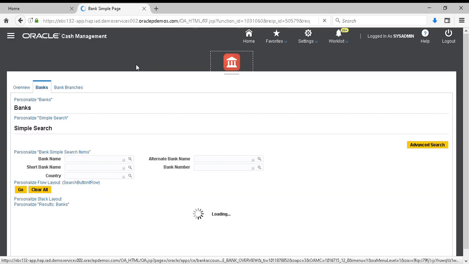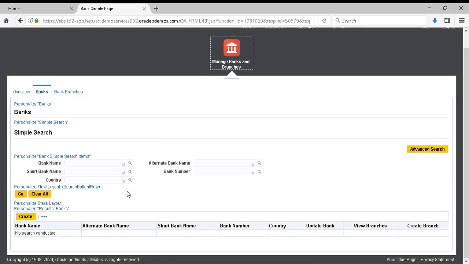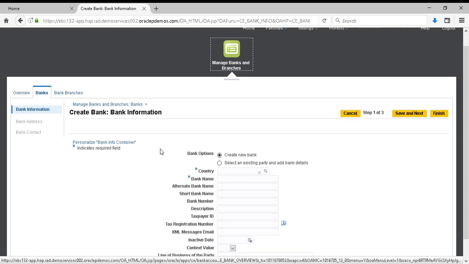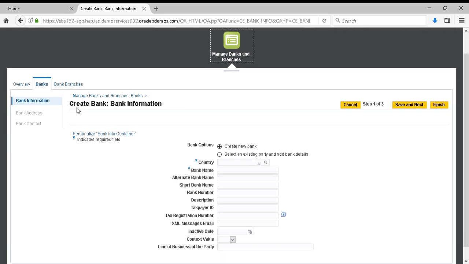So in this case, we are assuming that we don't have any bank that is already existing. So we need to create a new bank, so that we can create a branch under that new bank and also create a bank account under the branch. So what you're supposed to do is to come under create. Once you click on create, you'll have a window or a page whereby you're supposed to provide bank information, and